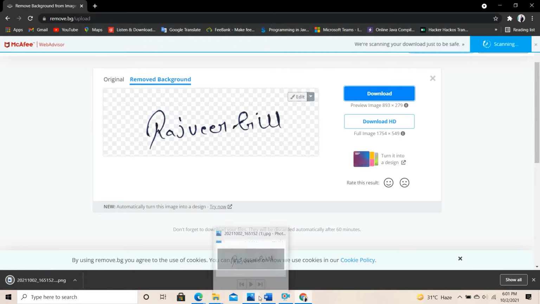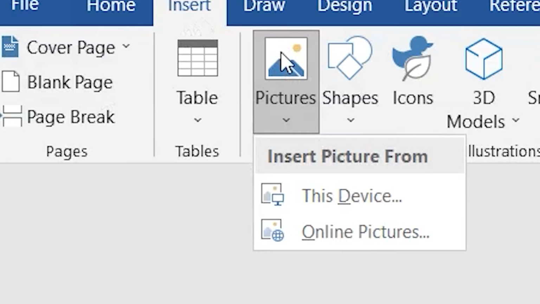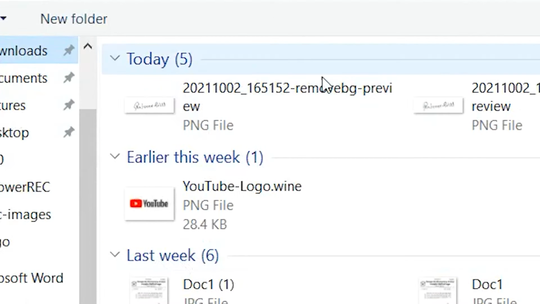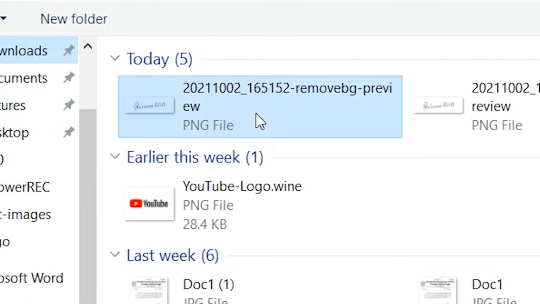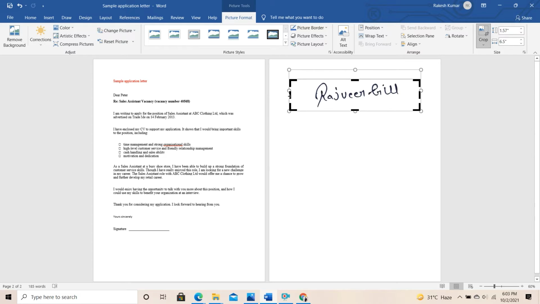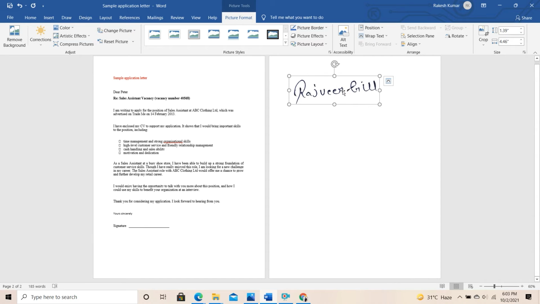And then again we open our Office. After that we need to click on this insert button, picture, and then this device, and then download, and then you can see our image is showing here. So guys, you can see our image is successfully imported. In my case they required some crop, so we are performing the crop operation on that image. Guys, you can see our image is perfectly cropped now.